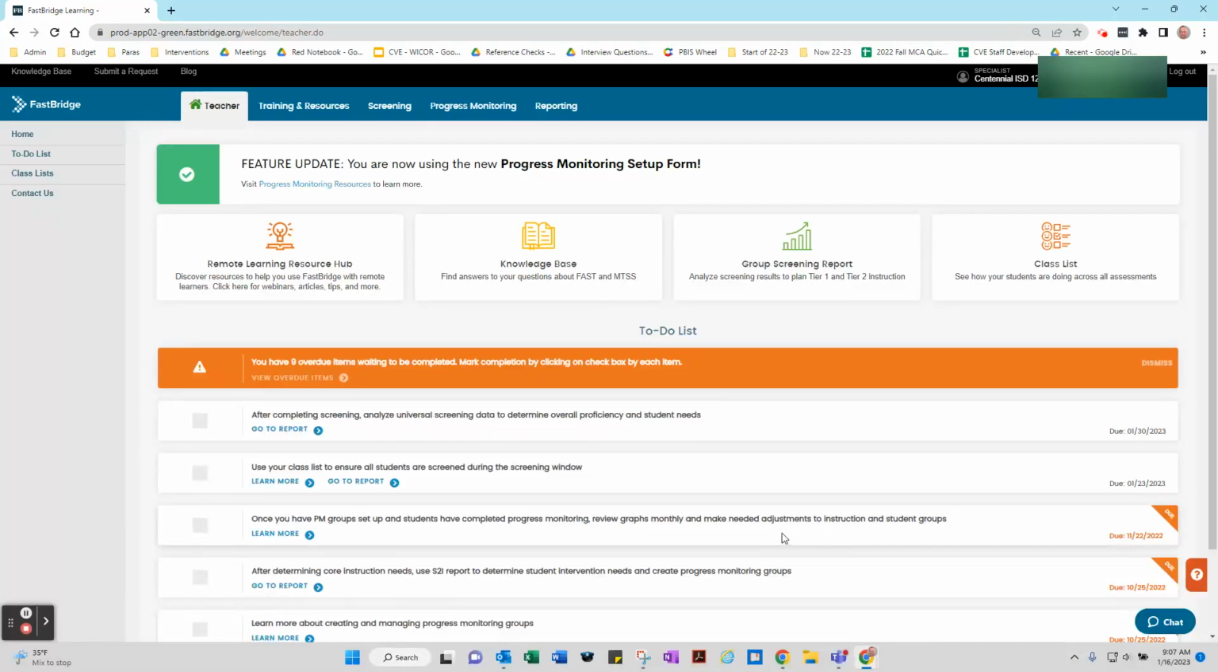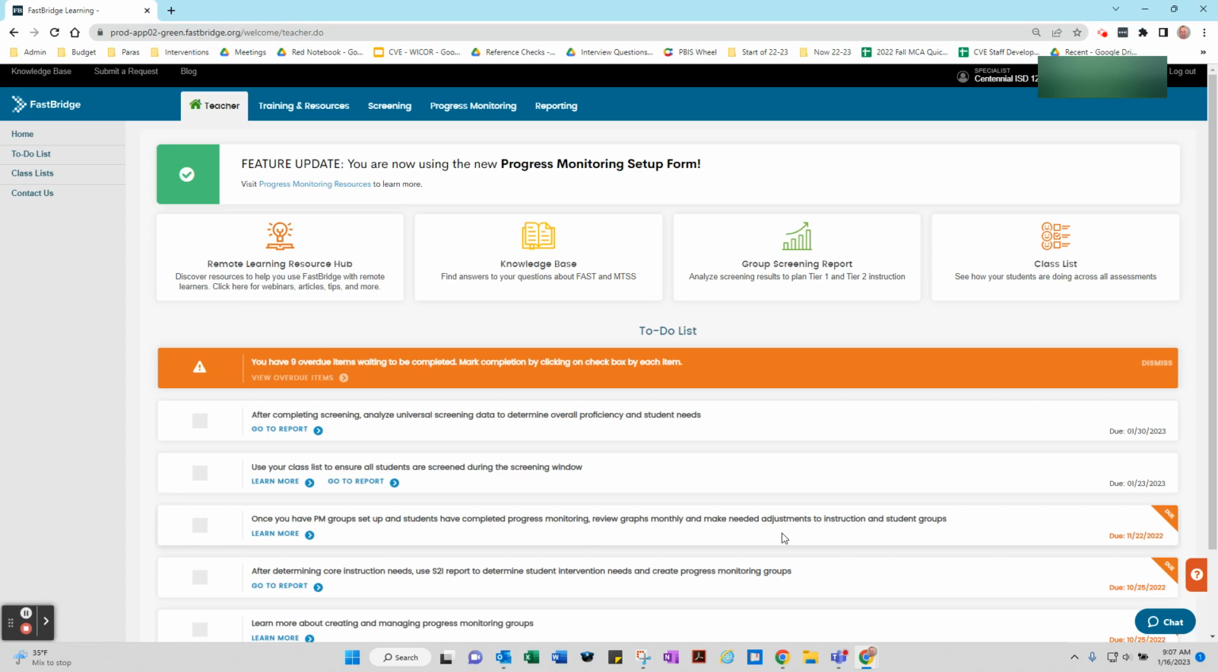Staff, now that we have a fall FastBridge score and another score, whether it's the winter FastBridge or spring FastBridge, we can start to take a look at growth. Today, we're going to take a look at the group growth report. I'm going to explain what it is, what you can measure from it, and hopefully make it easier for you to determine which students are making good growth or high growth, and maybe which ones are struggling a little